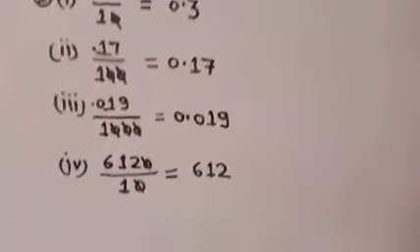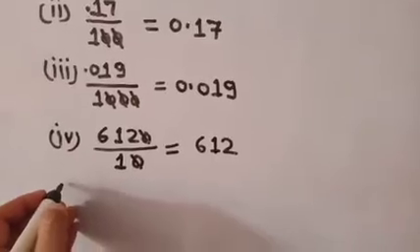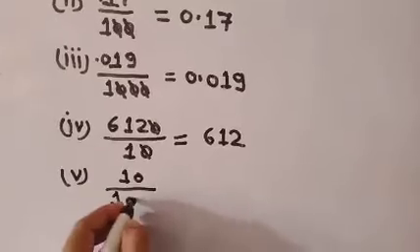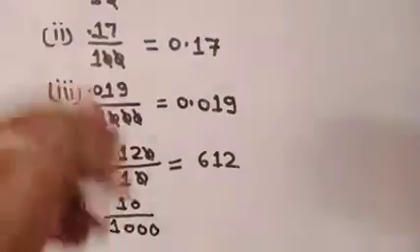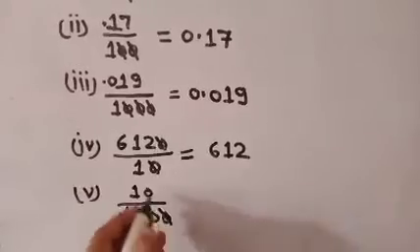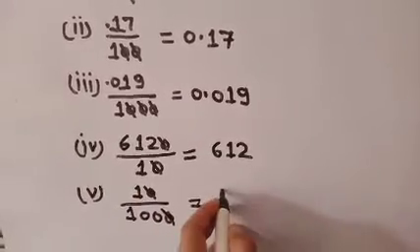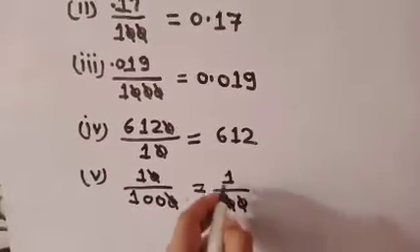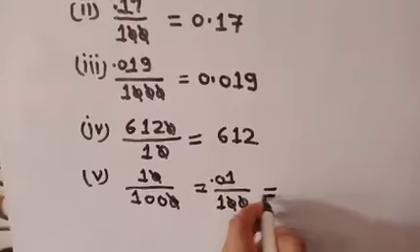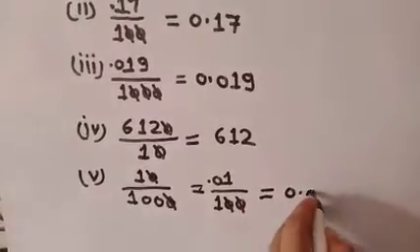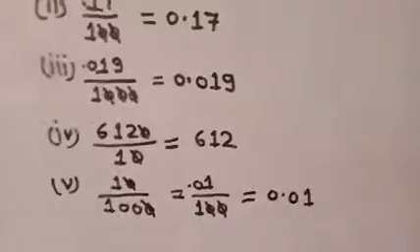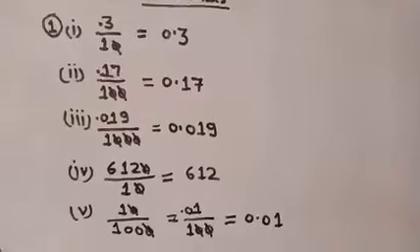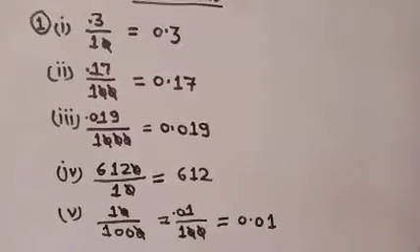And the last example of such kinds of situation is 10 upon 1000. This is the mixture of all these. Skip 1 0. Now the answer is 1 upon 100. Now convert into a decimal number, 1 2 point. This is called 0.01. Okay. So student, I hope you will understand such kind of conversion of a decimal number from the given fraction.